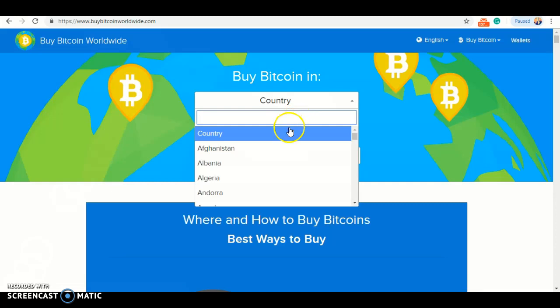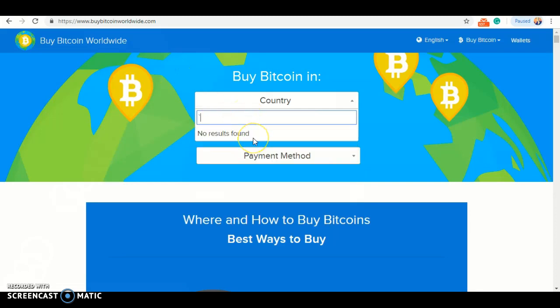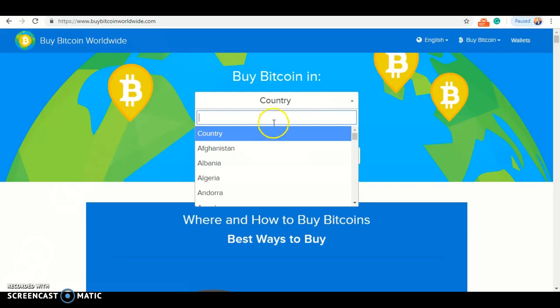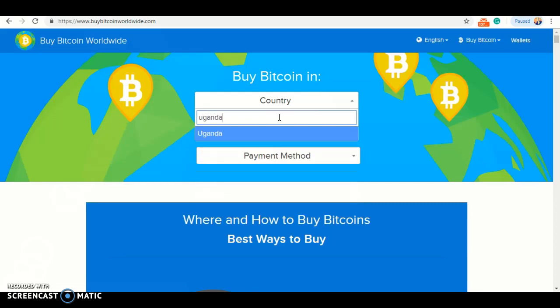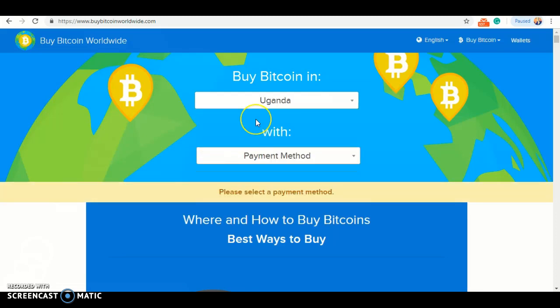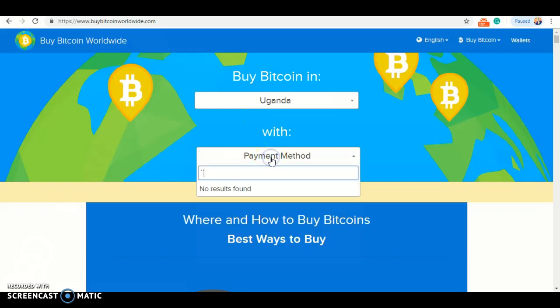But for now, I'm going to use Uganda. The easiest way to find Uganda is for you to click the search and type Uganda. Under Uganda, you should see payment method. Click payment method